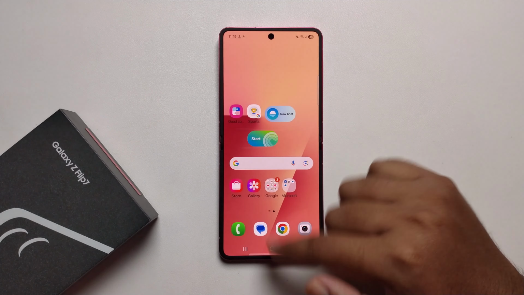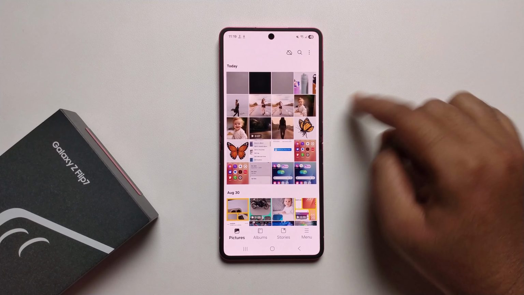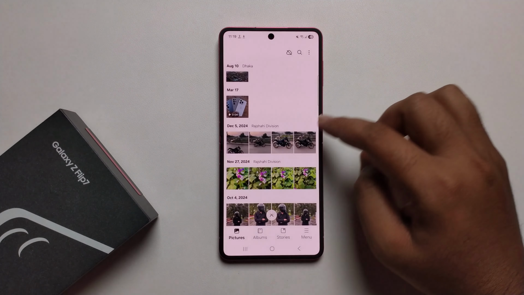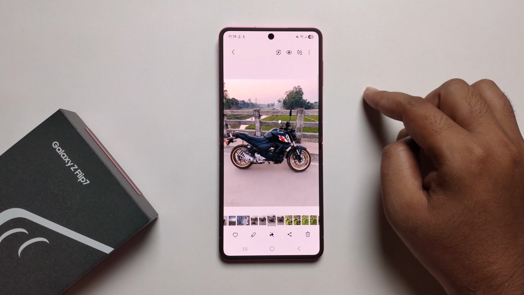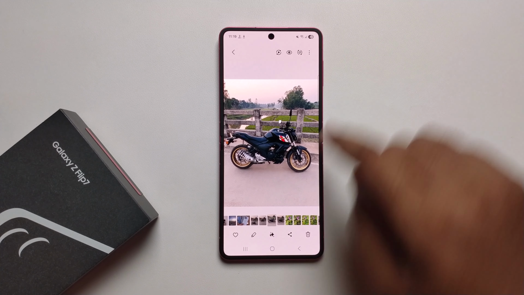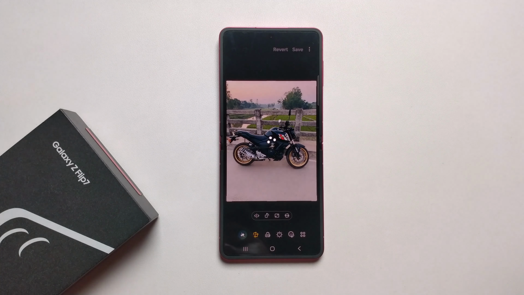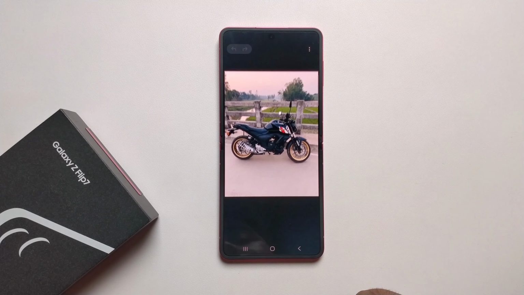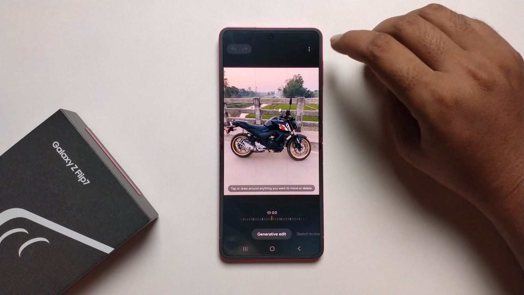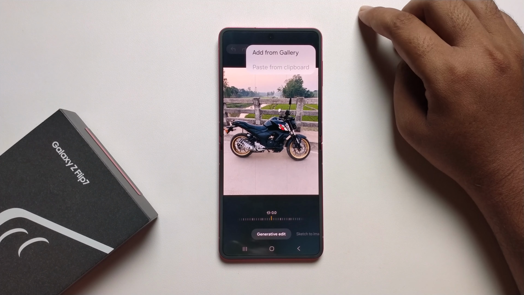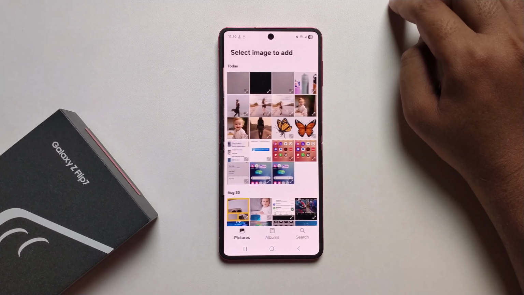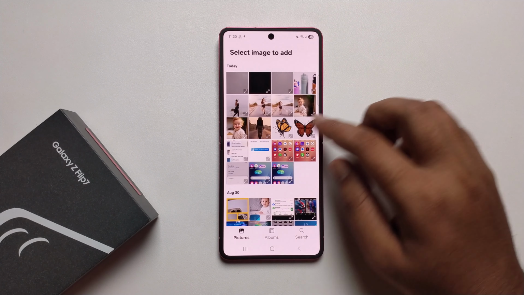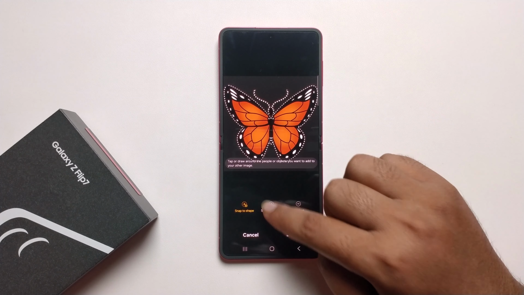Go back, open your photo gallery and select a photo. Like, I'm selecting this photo, click on the pen option, click on Galaxy AI, look at the right corner, tap on the three dots, add from gallery, just select an image